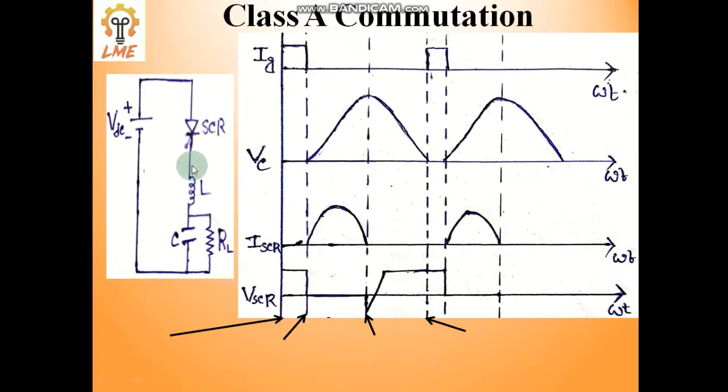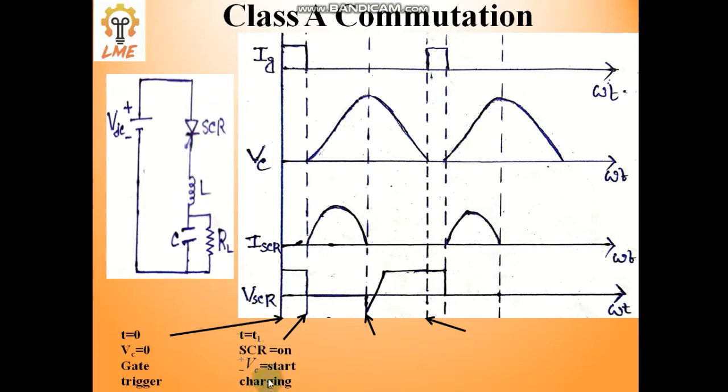In this case, what will happen when the trigger comes? Let us assume at T equal to 0, the capacitor voltage VC is 0 and the gate is triggered. We are applying a gate voltage, means we are just firing this gate circuit. Then at T equal to T1, the SCR will be on. This is an on state switch, means it provides a short circuit path.